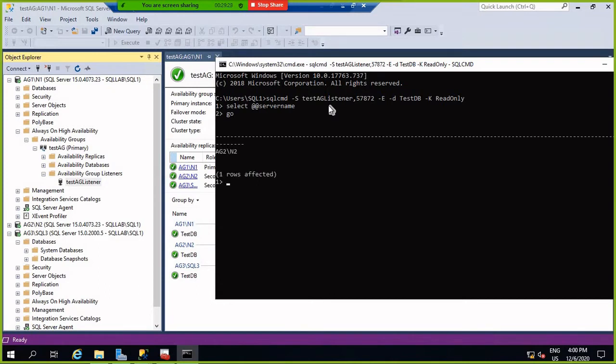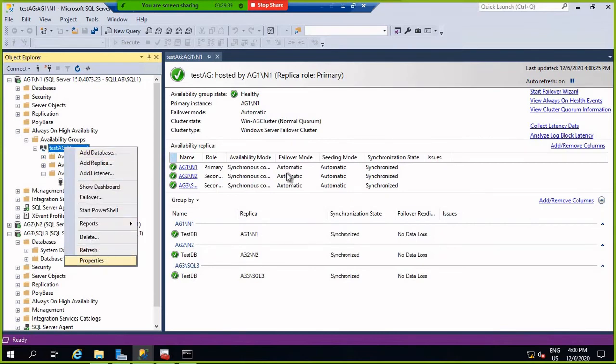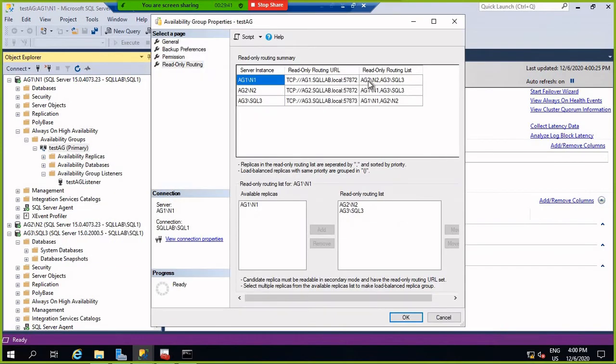It is saying I am connecting to the node AG2, because you are setting the property here, the first one is AG2. Suppose you want to change that, move this one up and apply.